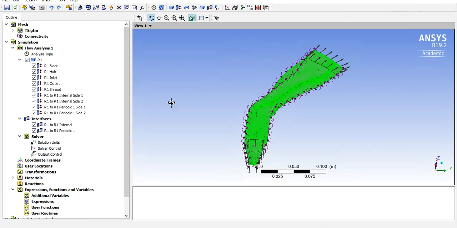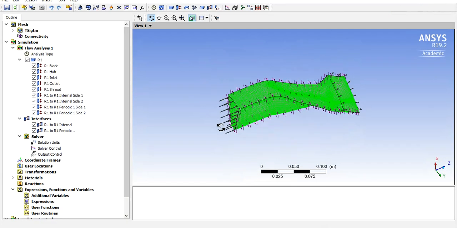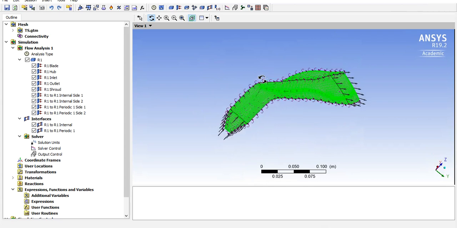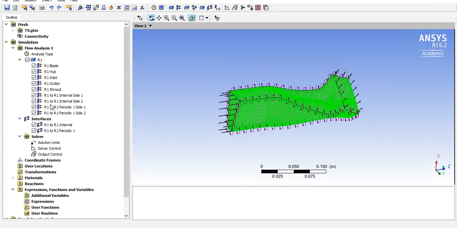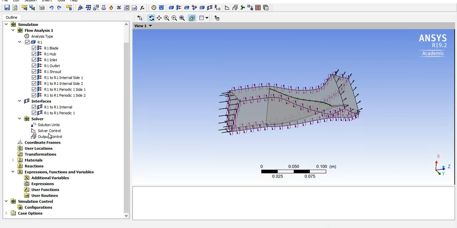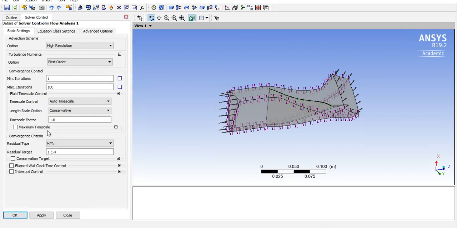Now we have set up our problem. There are some advanced features for CFX Solver. We will talk about them in a separate video, but you can increase the number of iterations by increasing this value. You can change the time scale. It's a very important parameter here. You can decrease the residual targets